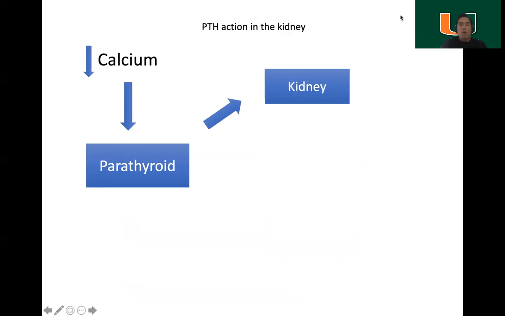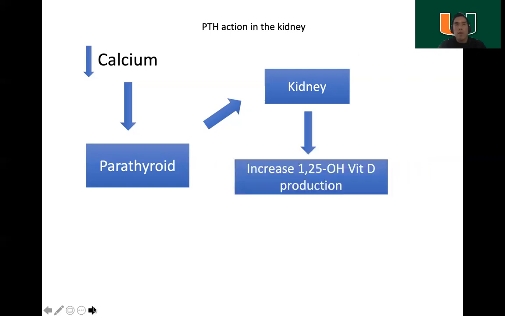We talked about the action of PTH that increases calcium absorption from the GI tract, and it requires active vitamin D, which is called calcitriol. So where is calcitriol produced? It's produced in the kidney. Remember, when the calcium drops, PTH is secreted, and it activates the conversion from 25 hydroxyvitamin D to 1,25 dihydroxyvitamin D, or calcitriol,